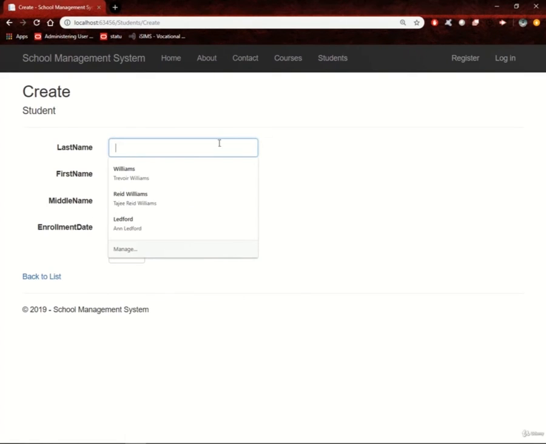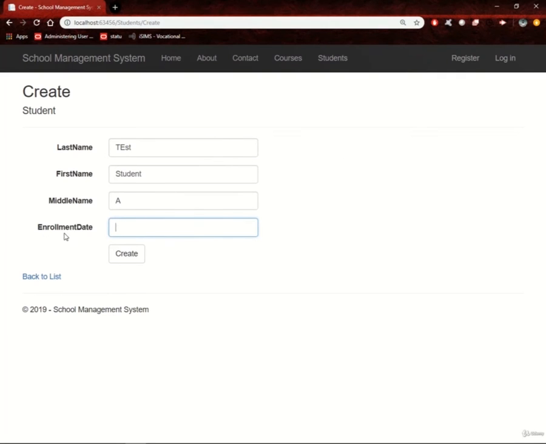And if I go ahead and create, do note that enrollment date allows us to type in free text. So if you recall, I was saying that there are certain situations where you may want to add custom controls to our text box, and EditorFor has some limitations. So we'd want to probably change the data type associated with this input from text and set it to datetime, so we can at least get a datetime picker or find a jQuery or JavaScript calendar control to put there. We can do that at a later date, but for now I'll just put a generic date